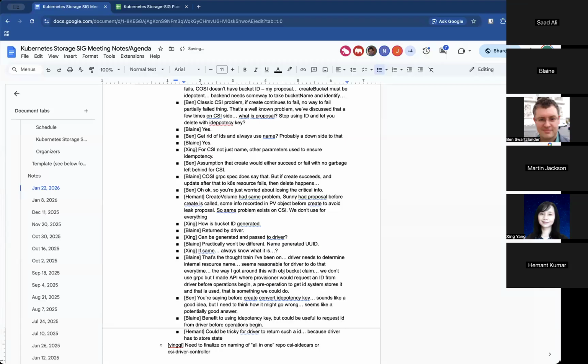Yeah, that's where my mind was going. If you did it that way, and someone called that API to turn an idempotency key into an ID and then never called anything ever again, you would have the same problem where now you're leaking state. There has to be a follow-up that says, okay, I'm done with this thing, clean up your state. And that's what create and delete were supposed to be. That's why every create is always followed by a delete. And the big problem is that there's no way to get to delete if create hasn't succeeded yet.